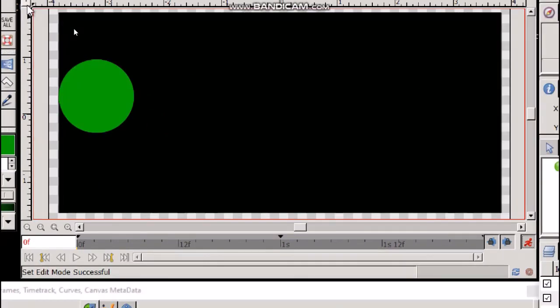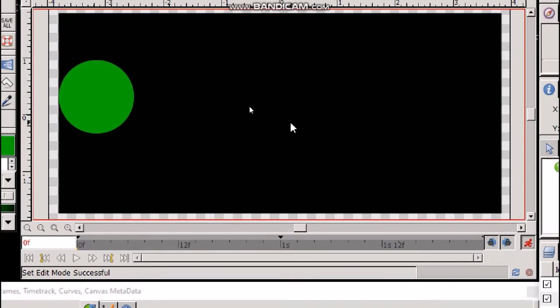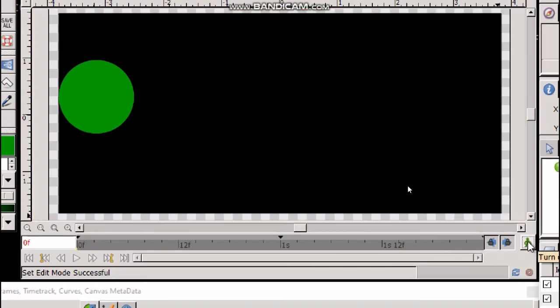Now to create an animation or a GIF file, we need to render our work. I repeat again, rendering means the computer uses various algorithms to apply the final effects on the object. But before rendering, click on the red button to leave the animate editing mode.